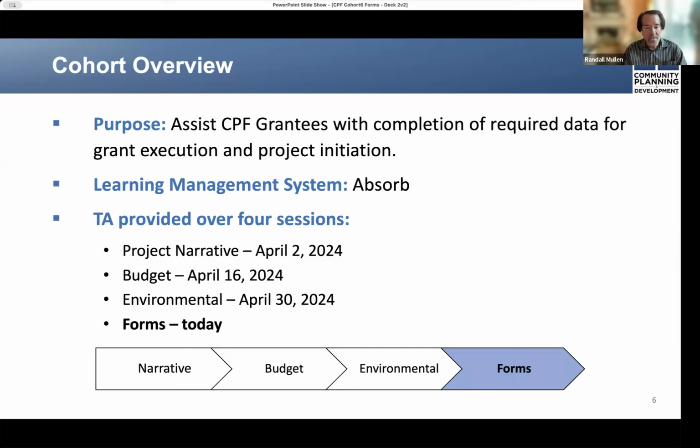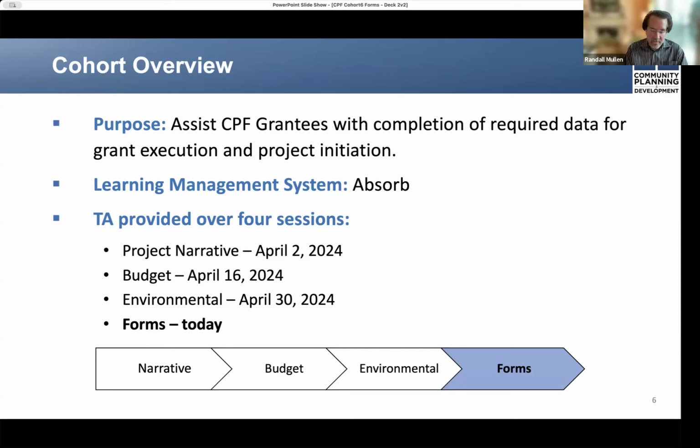Previous webinars on the dates detailed here offered guidance on the requirements for submission of your grant materials related to project narrative, which entails describing a full project scope. Budget, how to itemize not only planned uses of your grant, but also identify sources of funding for the entire project.